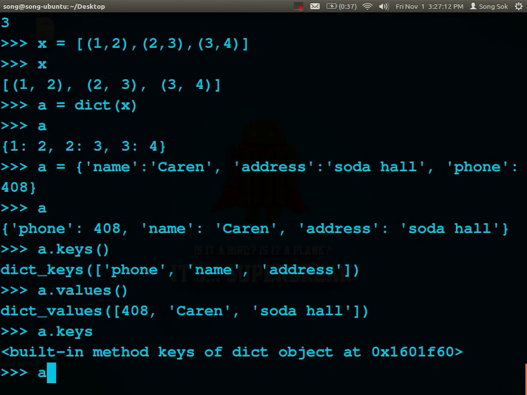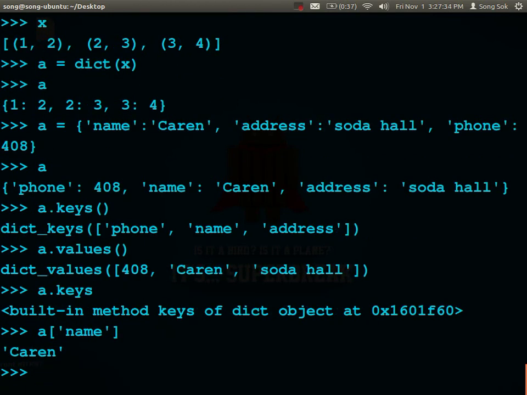So now if we want to call an actual value, what we would do is use the same bracket syntax, but instead of calling an index like we did before with a number, we're going to call the name of that key, basically. Yeah. So now if we type this in, what do you think will pop up? What do you think Python will return? Yeah. And then similar if we type in address,